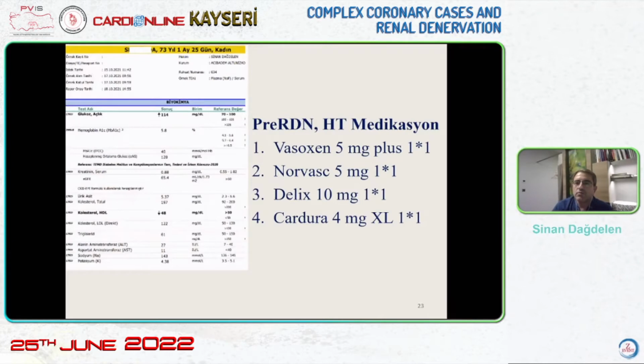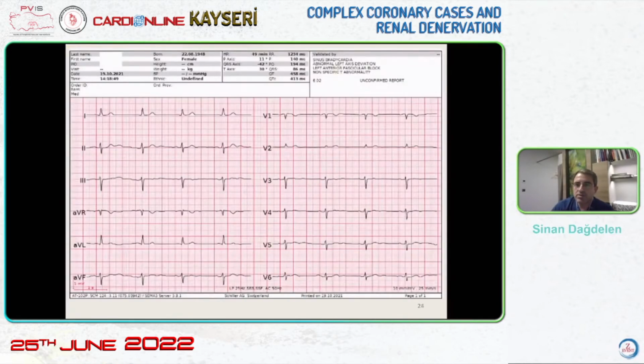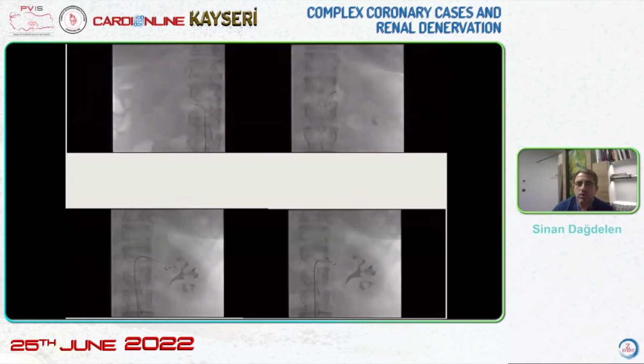In premedication, 5 milligram plus amlodipine, perindopril, and doxazosin were used. But despite this, the tension is high. You can see the ECG of the patient, no pathology. And angiography was done for the patient. And here on the right or left, you can start. It's up to you. And after showing all this, you measure the diameters, you determine the target points, and you